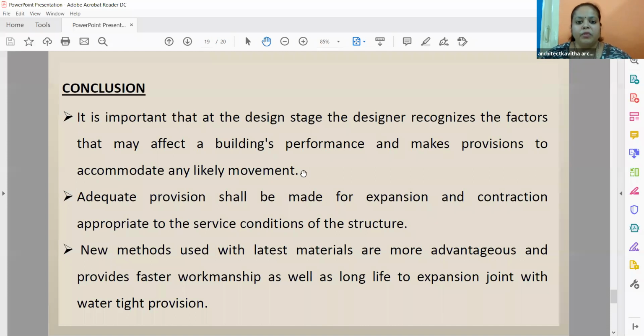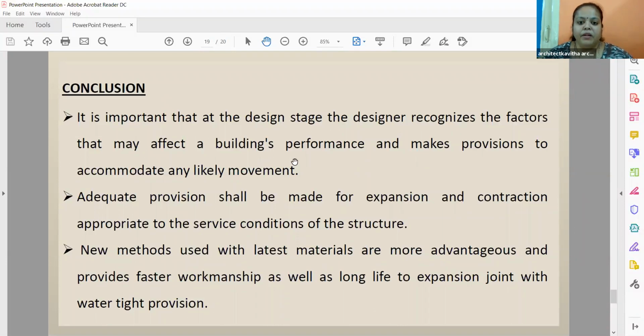Expansion joints are provided where the architect or designer, or even the structural designer, in fact mostly they work on it, will tell you that this building, say where earthquake prone zones are there, and where you're constructing more than say 40 to 50 feet length building, only there expansion joints are required. So just because these materials are available, you don't have to put it everywhere. Especially if it's a small residence, you will find very few expansion joints.